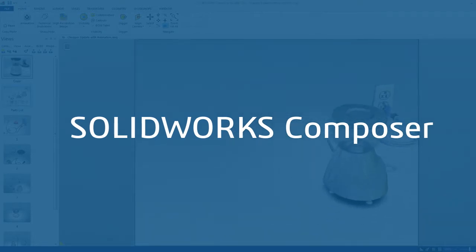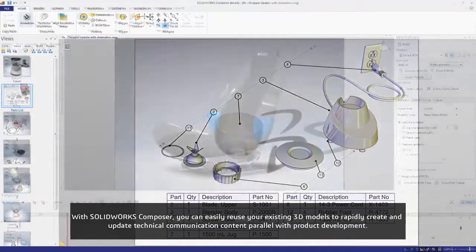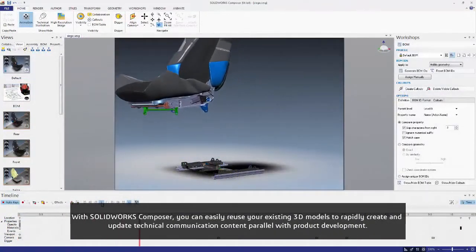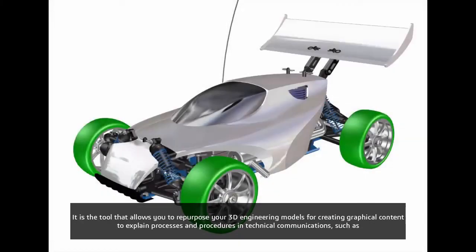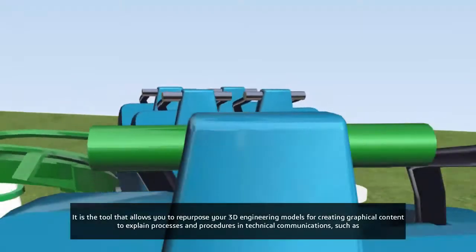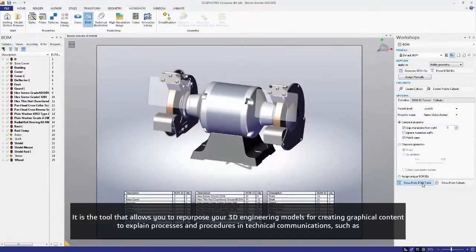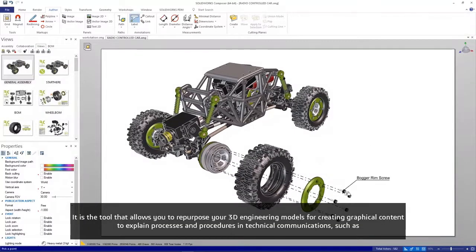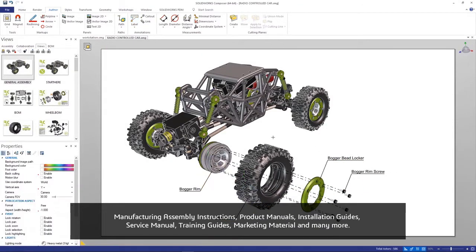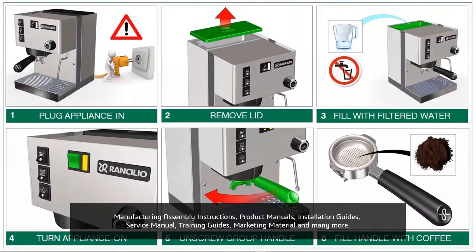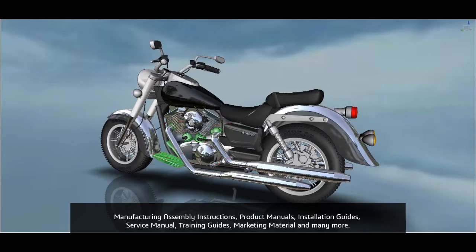SOLIDWORKS Composer. With SOLIDWORKS Composer, you can easily reuse your existing 3D models to rapidly create and update technical communication content in parallel with product development. It is the tool that allows you to repurpose your 3D engineering models for creating graphical content to explain processes and procedures in technical communication such as manufacturing assembly instructions, product manuals, installation guides, service manuals, training guides, marketing materials,